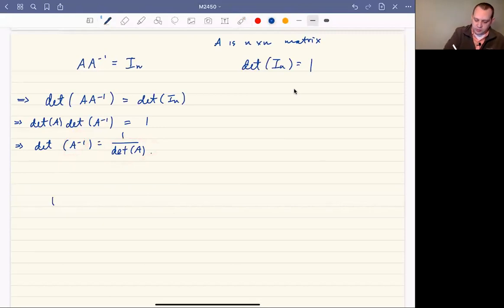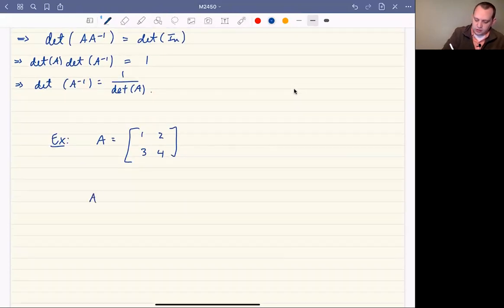Let's do a quick example. Let's look at the matrix A, which is going to be, say, 1, 2, 3, 4. I'm not feeling particularly creative, but that's fine. What we can do is compute the inverse. Remember, to compute the inverse, you find the determinant of A. In our case, the determinant of A is going to be -2, so 4 minus 6. And A inverse is going to be 1 over -2 times